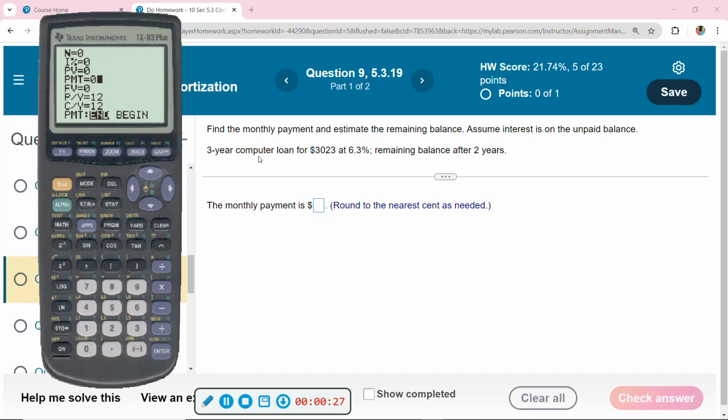there's a 3-year computer loan for $3,023 at 6.3% interest. So that's the first part. Calculate the payment. Then we want to know what's the remaining balance after 2 years. So let's see. It is a 3-year loan